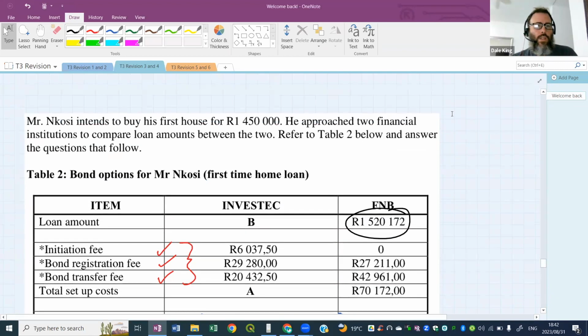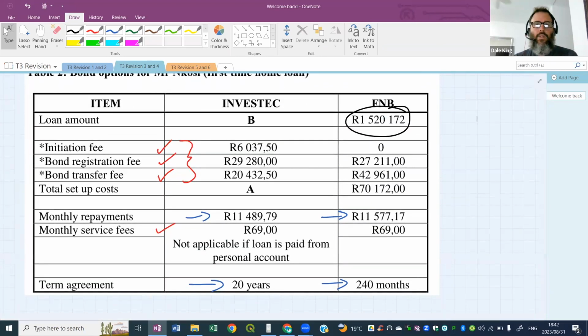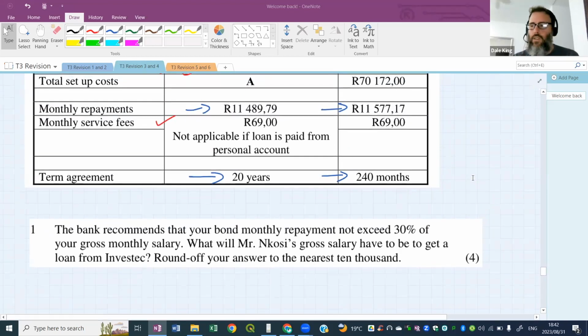Sorry, Mr. Nkosi intends to buy his house. If you're looking for a salary in here, there isn't any. Mr. Nkosi intends to buy his house for 1.45 million. He goes to 2 banks, and this is the information that they've provided him. Rufilo, we've got an answer there. I need you to tell me, Rufilo,